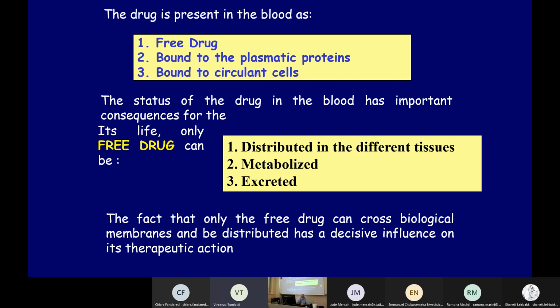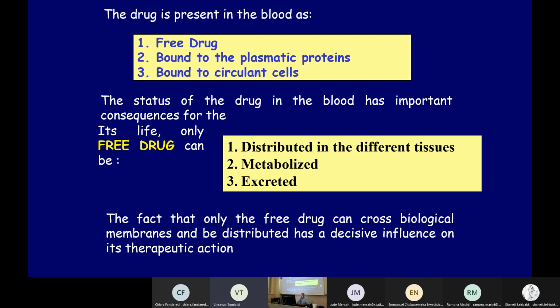Only the small fraction of free drug. The bound drug remains attached to the proteins,